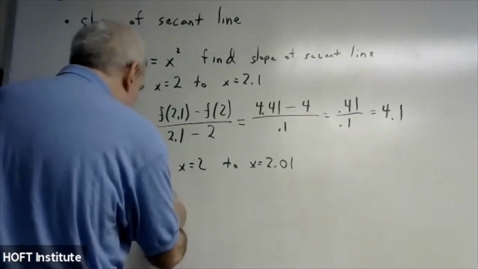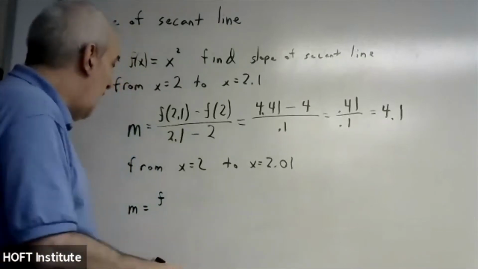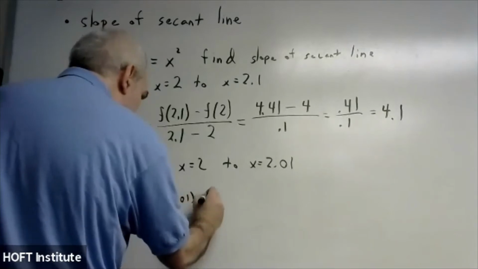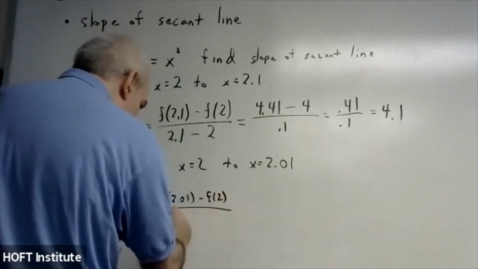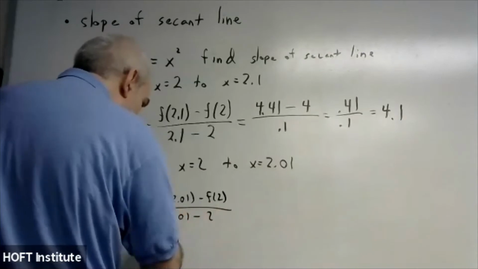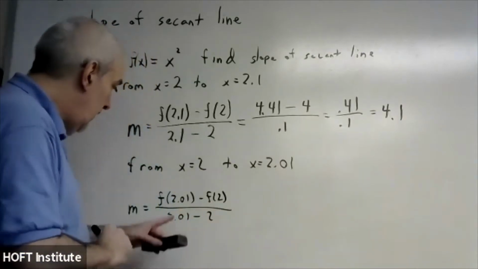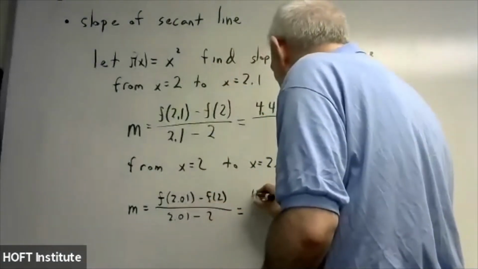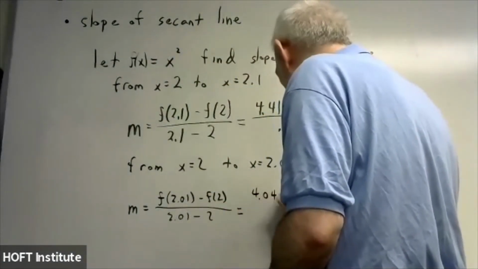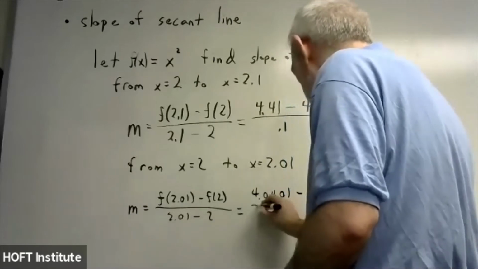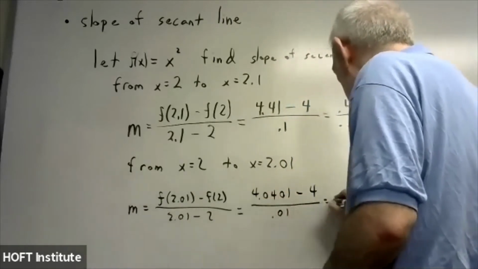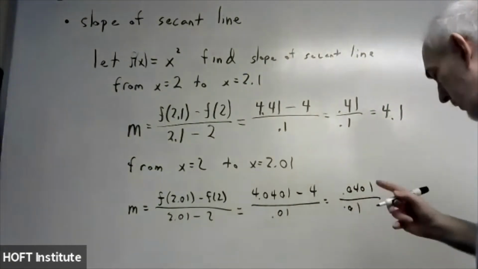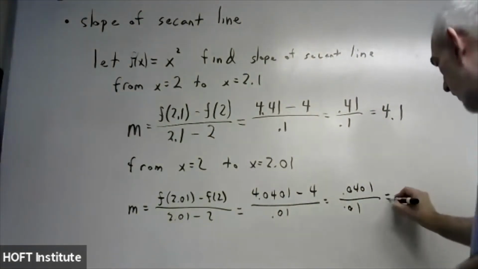I guess I'll just write out this structure again, because this is the first time we're doing these problems. So f of 2.01 minus f of 2 over 2.01 minus 2. That's going to get put into our function, and 2.01 will get squared, and we'll get 4.0401, and then minus 4 over 0.01, 0.0401 divided by 0.01 simplifies to be